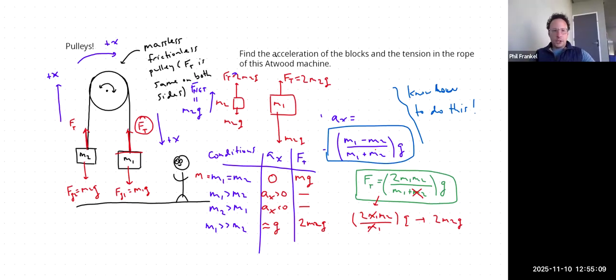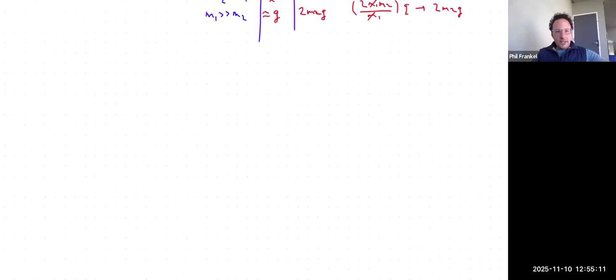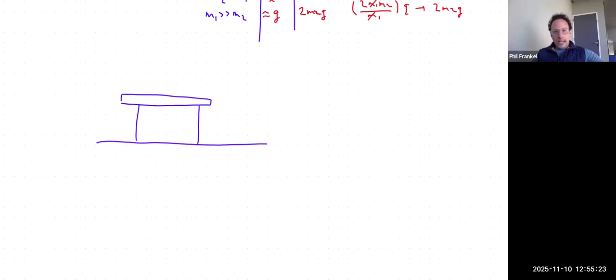Okay, let's look at another situation. Sometimes this is called a modified Atwood machine. It's something that you'll encounter in problems. So I have a table and I have a pulley at the edge of the table. That pulley is fixed to the table here. And then there's a rope and I have a mass